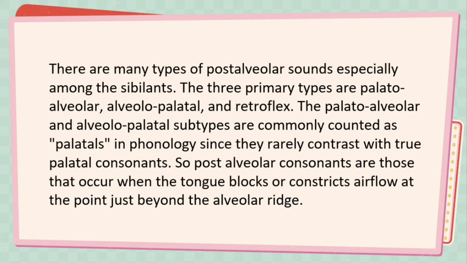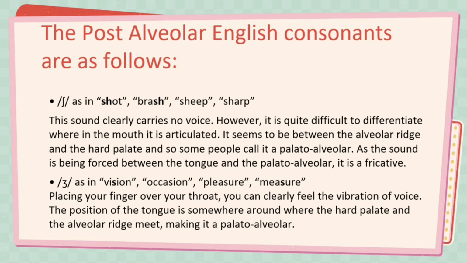So, post-alveolar consonants are those that occur when the tongue blocks or constricts airflow at the point just beyond the alveolar ridge. The post-alveolar English consonants are as follows: sh, as in shot,